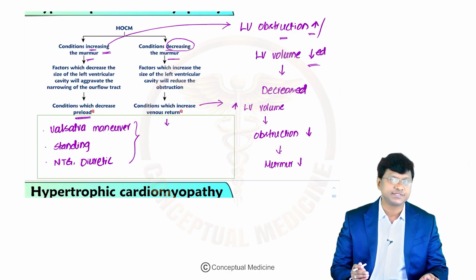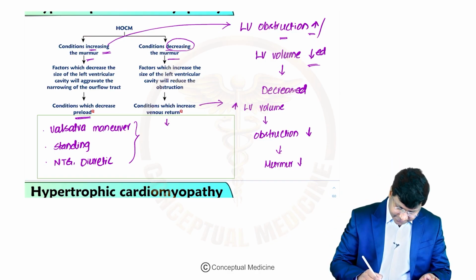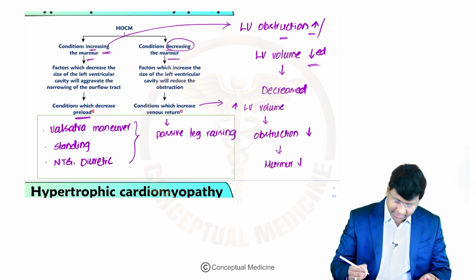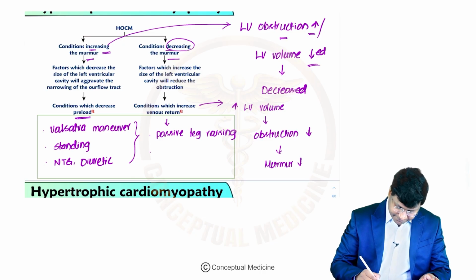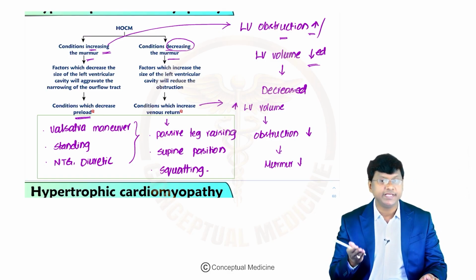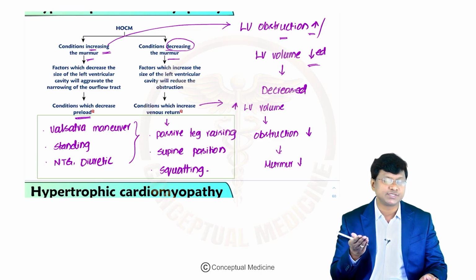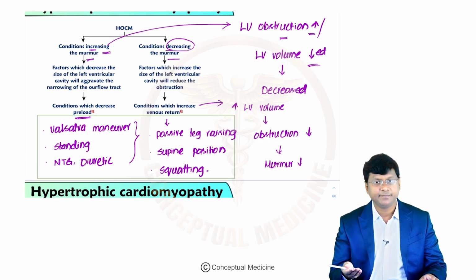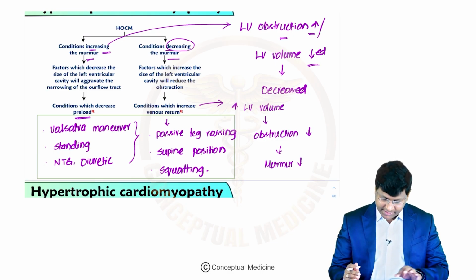Okay. Now, what are those conditions? Number one, which will increase the venous return, is passive leg raising. Number two, supine position. Number three, squatting position. Okay. So these are all the conditions which will increase the venous return. LV volume increases, obstruction decreases, and thereby the murmur decreases. Next, the other conditions are